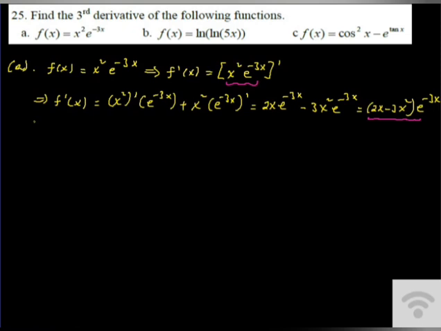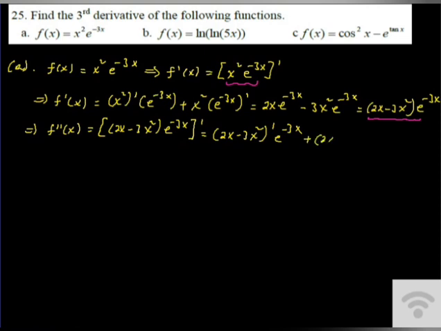So let us again calculate the second derivative. So the second derivative of the function can be obtained by differentiating the first derivative, which is 2x minus 3x squared times e to the power of minus 3x. We apply here a product rule. So this means the derivative of 2x minus 3x squared times e to the power of minus 3x plus 2x minus 3x squared times the derivative of e to the power of minus 3x. This result becomes 2 minus 6x times e to the power of minus 3x